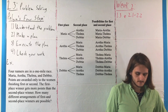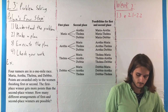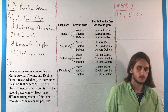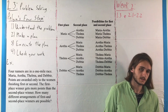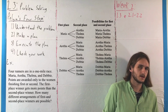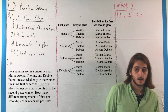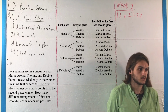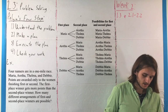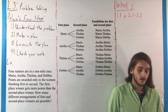If, for example, Aretha came in first, that would mean either Maria, Thelma, or Debbie could come in second. Again, we're not really making a distinction based on who we would expect to come in first and second, just who can. We're trying to describe all possible combinations, not necessarily the most likely. One of them might be injured before the race, and so their combinations of first and second aren't particularly reasonable, but they are possible, so we'll count them. So each one of those 4 has 3 attached to it, and then you can count off all of the